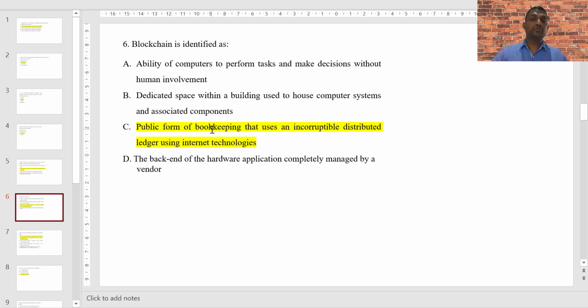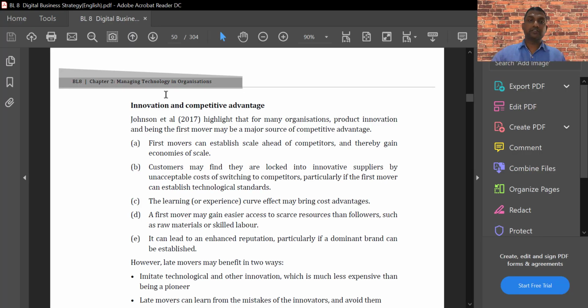Public form of bookkeeping that uses an incorruptible distributed ledger using internet technologies. So that is marked as the correct answer. In a moment we will see how it is explained. The backend of the hardware application completely managed by a vendor. This is again not related to blockchain. So if we look at how this is explained,